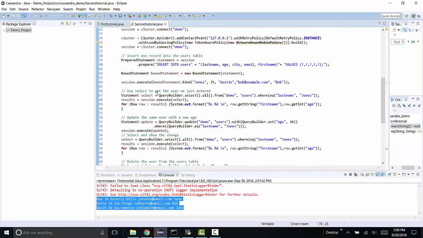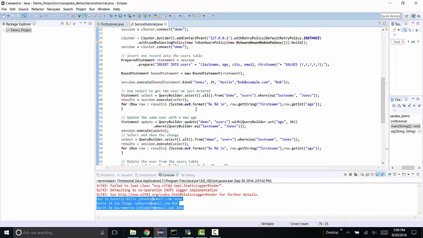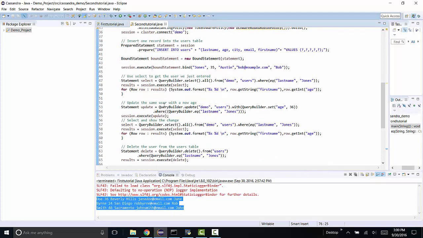And here, instead of using a query statement as in the last example, we have session.execute. We are using a more generalized approach. We are using a query builder command, which is an interface that allows you to quickly modify your queries.